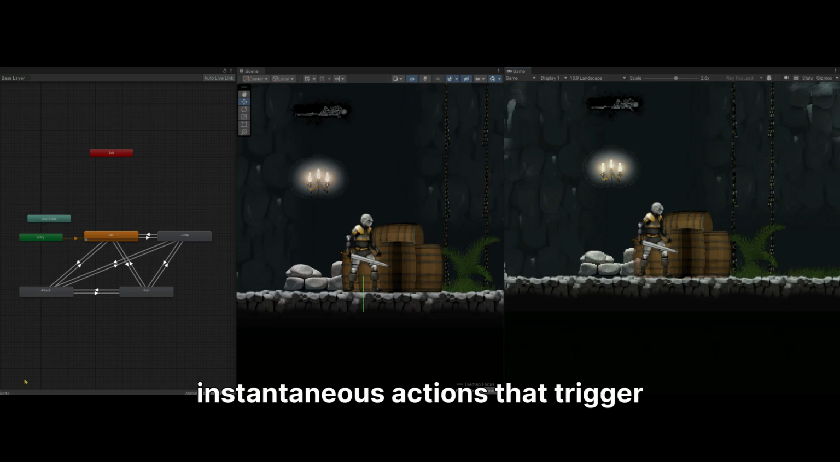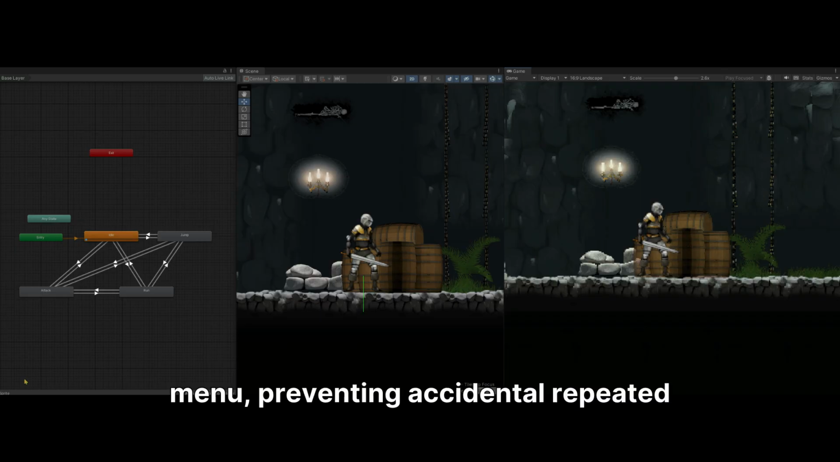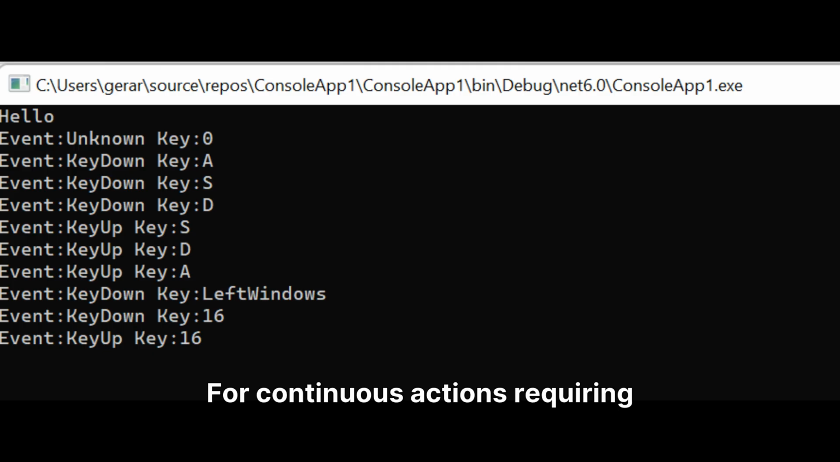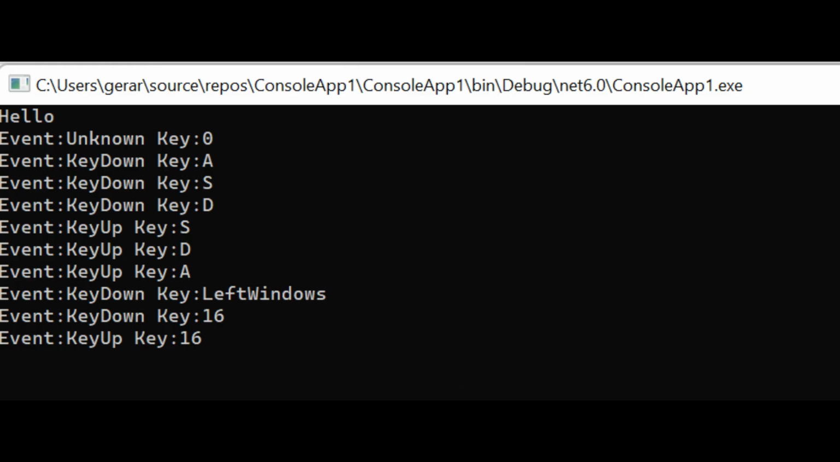This is perfect for instantaneous actions that trigger once per press, such as making a character jump or toggling a menu, preventing accidental repeated actions. For continuous actions requiring sustained input, like character movement or accelerating, Input.GetKey is ideal. This method returns true for every frame as long as the key remains held down, allowing for fluid and responsive